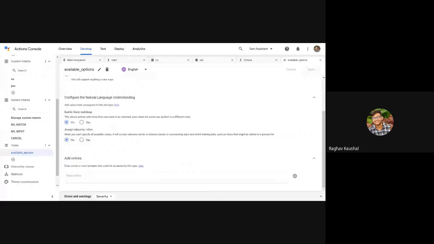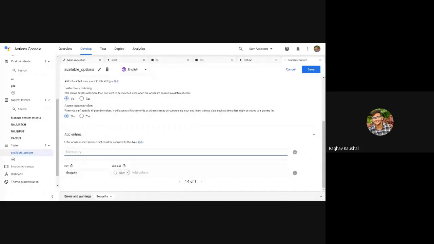According to my story, the person is in Griffin Fort and he or she is going on a quest. So let's add some entries for what can help in the quest. I have chosen three things. Either he can get a dragon, because dragons are pretty cool. Then maybe for a treasure hunt or a journey, a compass. And obviously in a new town, you need a translator. So you guys got it, no?